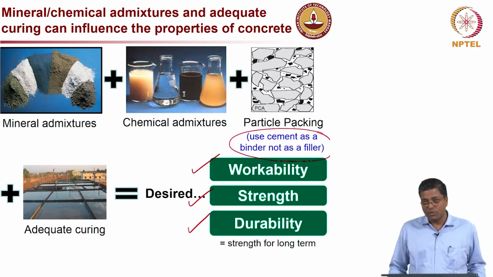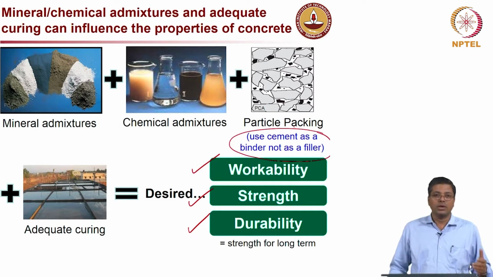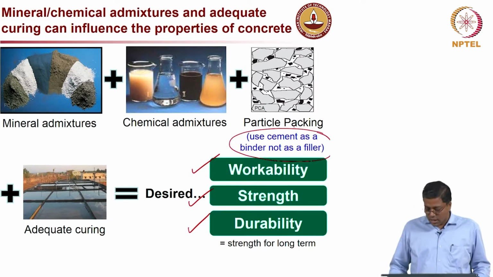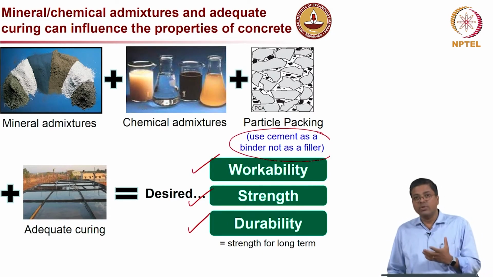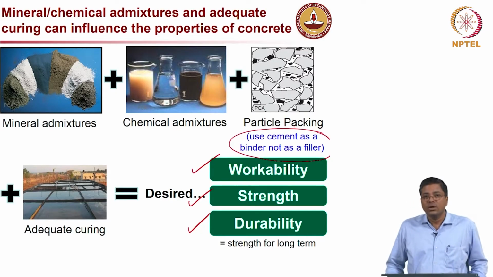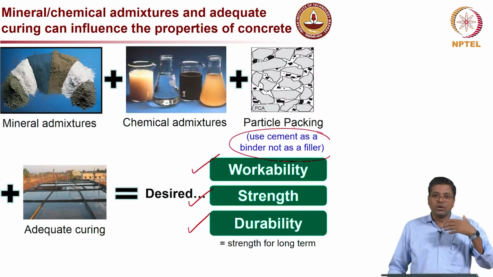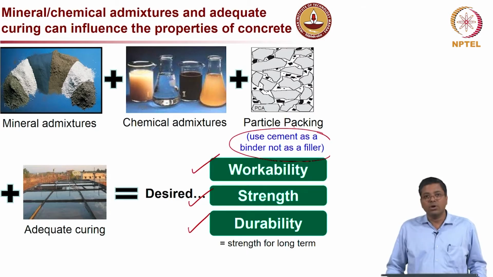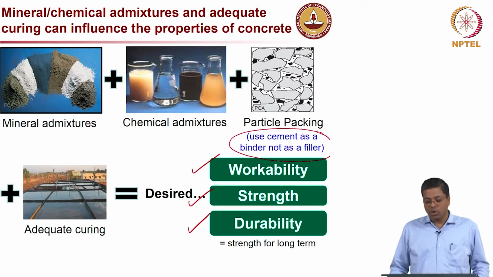That should be the idea, because there are many cases where people say, okay, if you want to increase the strength, you go for more cement content, which is not the right thing to do always, because cement is probably the most reactive element in the concrete. So, whenever we talk about long term chemical degradation, it is the cement which gets reacted, and thereby changes the properties of the concrete. So, if you have minimal cement, that is always going to be probably a more durable concrete system.